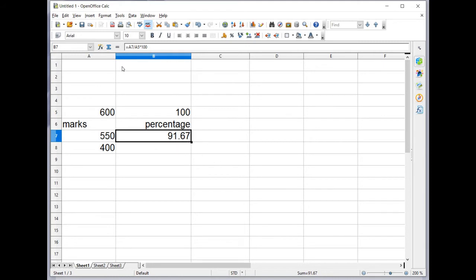Yes, see here this A7, right? So when it moves, it is A8, but A5 is going to change as A6. So instead of A5, I am going to give 600, and I'll tell you another method in the next topic.